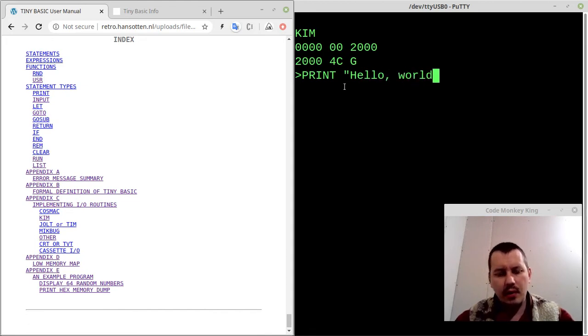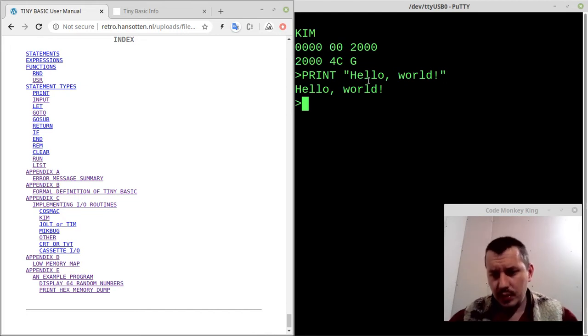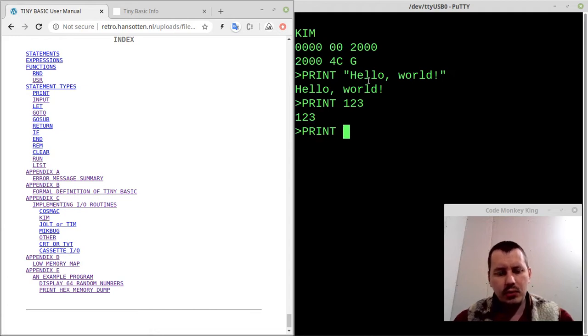And what is even more fantastic about this is that, unlike, for instance, the integer BASIC by Steve Wozniak that was eventually shipped with the Apple I computer, it does support lowercase letters for printing strings, which is really cool, I believe. On Apple I BASIC, you can only print strings containing uppercase letters. Okay, so we can also print the numbers, and we can also print